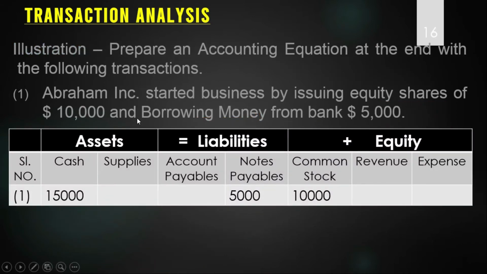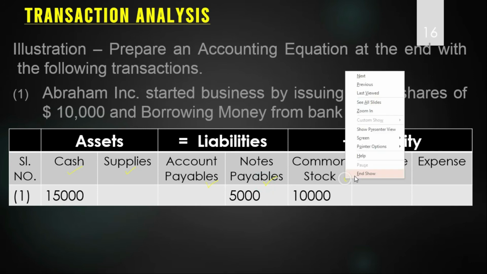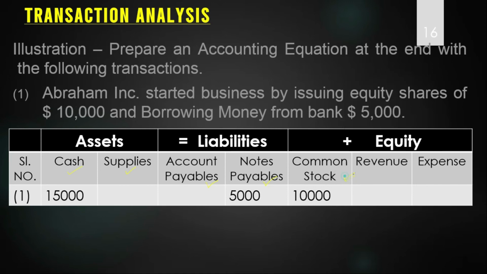Taking the first, we make the table. Assets is the major column, liability is another major column, and equity is another major column. Under the assets we have found the two columns, so we have made the two columns here, one for the cash and second for the supplies. Under the liabilities we found the two items, so we made the two columns, accounts payable and notes payable. Under the equity we found the three items, so we made the column for three items, the common stock, revenues